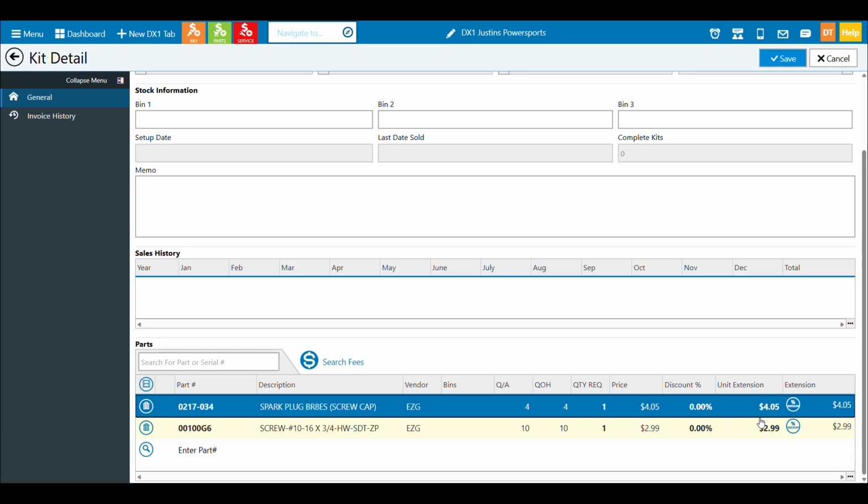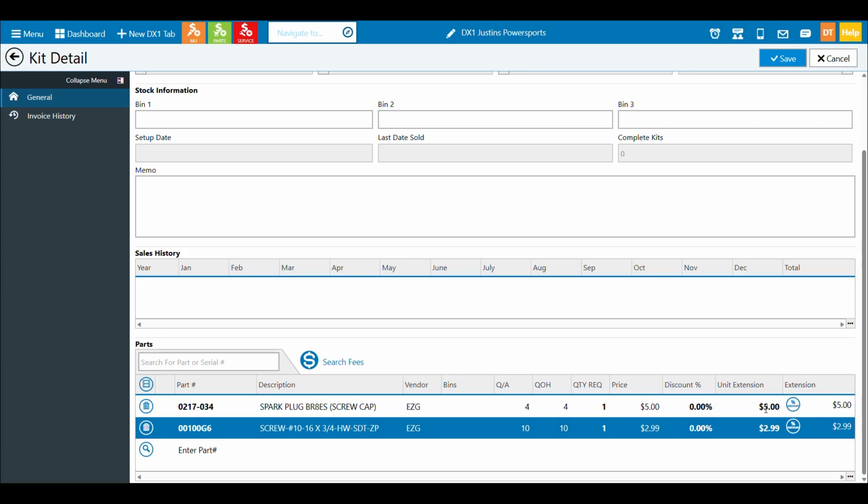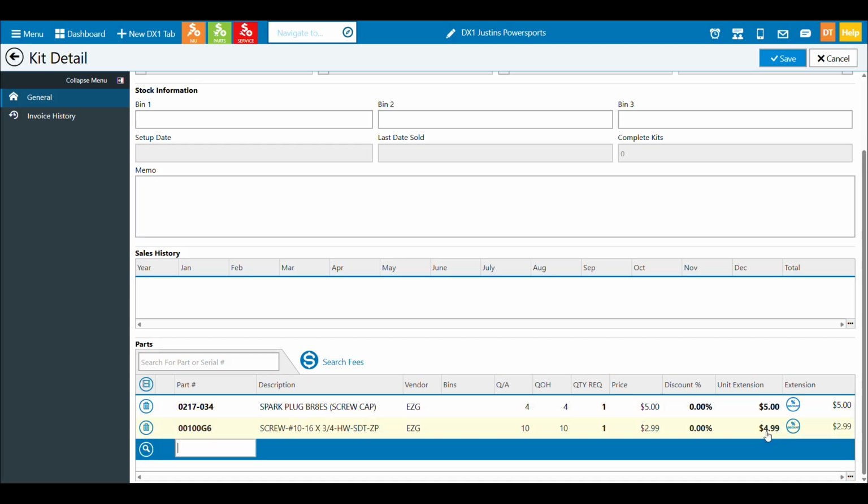However, if you want to lock in the price and you want to be the home of the $9.99 for this, you could say this is $5 and you could go down and say this price is $4.99 and those prices will stay locked. Again, this will be the home of this kit for $9.99. Doesn't matter if the prices go down or up. The reality is I've overridden the prices right there and the unit extension is going to stay locked in. So that's an important part to understand in terms of how to control pricing around kits.